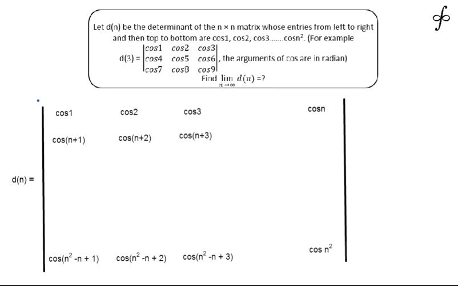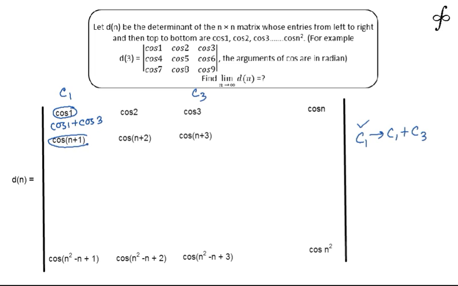Now if we closely inspect the determinant Dn and apply a column transformation, C1 changes to C1 plus C3, we are basically interested in column 1 and column 3. So we are changing C1 to C1 plus C3, then this particular element cos 1 will be modified to cos 1 plus cos 3,